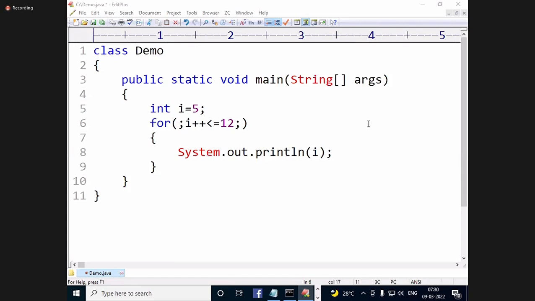Okay. How many will answer 5 to 13? 5 to 13 already given, no? 5 to 12. Okay. 6 to 13. Your answer, you remember. Whatever you have given, you remember. 6 to 13. Okay.